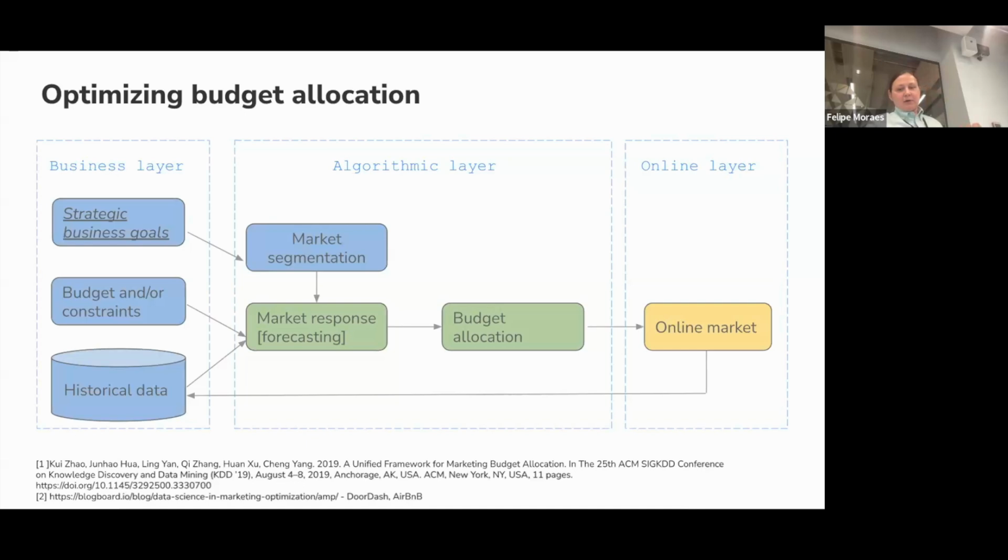In that paper, called Unified Framework for Marketing Budget Allocation, they address getting market response, that's one problem, and applying budget allocation in an optimal way on top of it, that's another problem. So they're offering a solution for that.